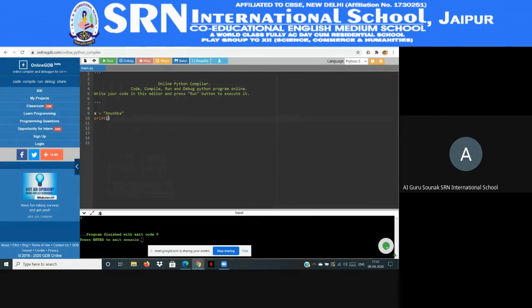So in the print statement, after opening the bracket, I will write len in small letters. Again, I will open the bracket. Here, I will give the variable name, that is x, because x holds Anushka. So len(x). It means x equals Anushka, my string value, then print len(x). So what will be the length? Can anyone tell me? 6. Okay, 7, 6. Okay, let's see.